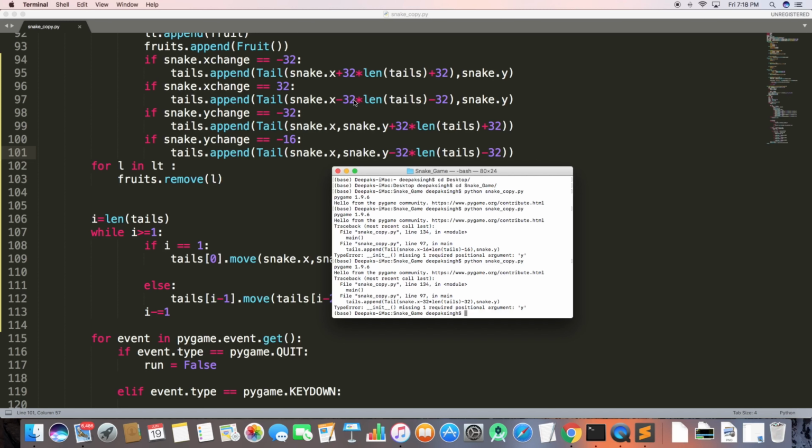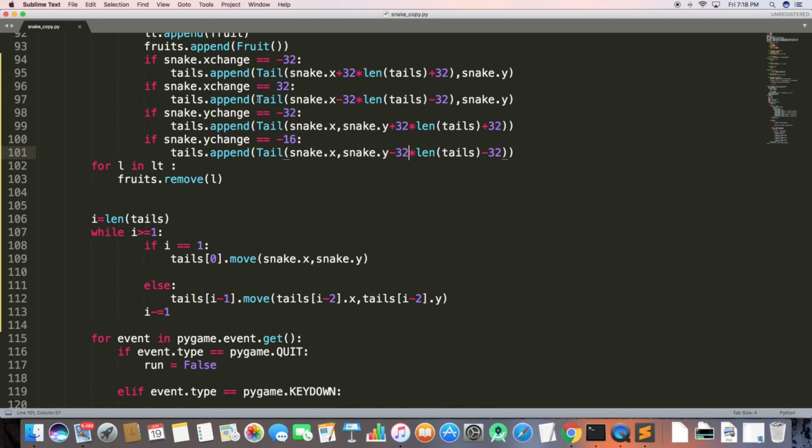As you can see here, in our exchange, both minus 32 and 32, the tail class is only having the x position here. For some reason I put the bracket after 32, so that's why it's giving an error. So what I need is to put that bracket with dot y.